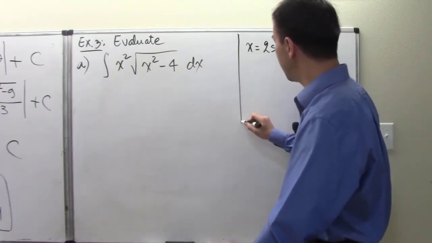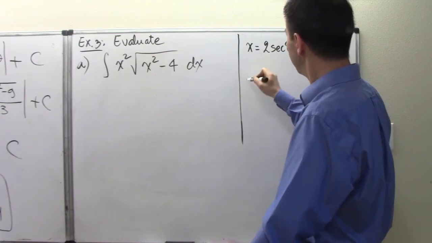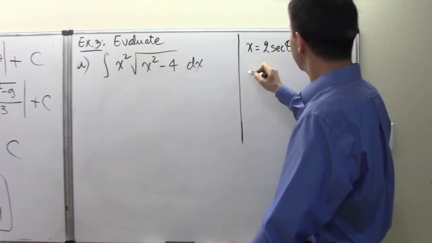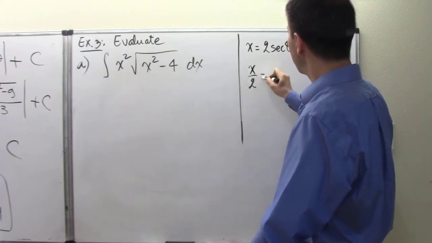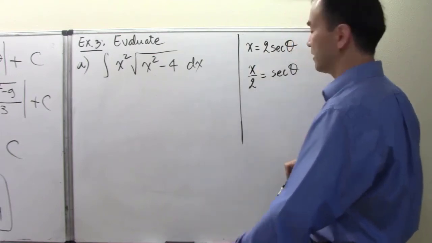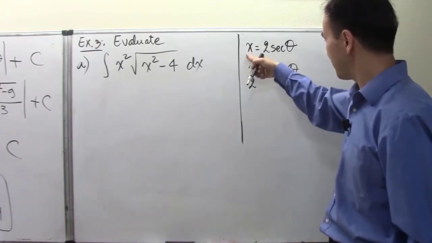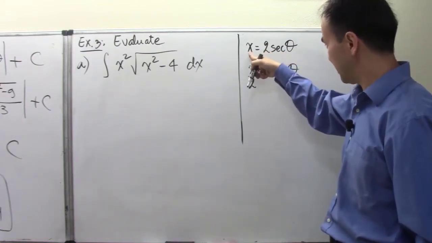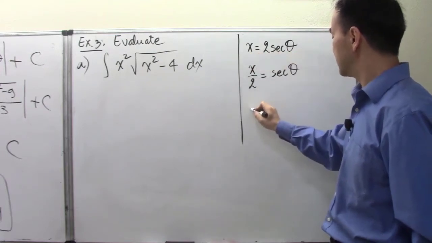All right, so in that way, I'm looking at, consequently, x over 2 must be equal to secant of theta, okay, which will become useful later. And so now, from that substitution point right here, x equals 2 times secant of theta, then our x can